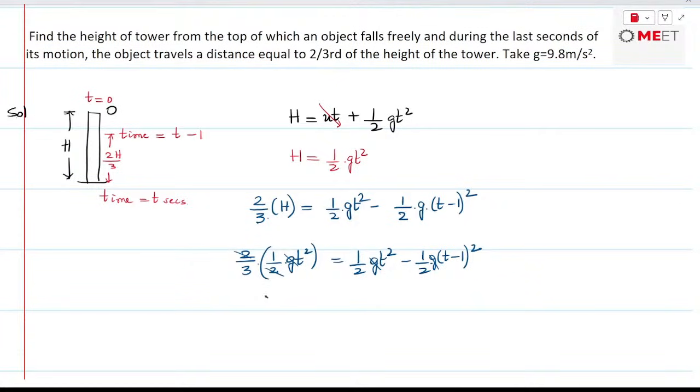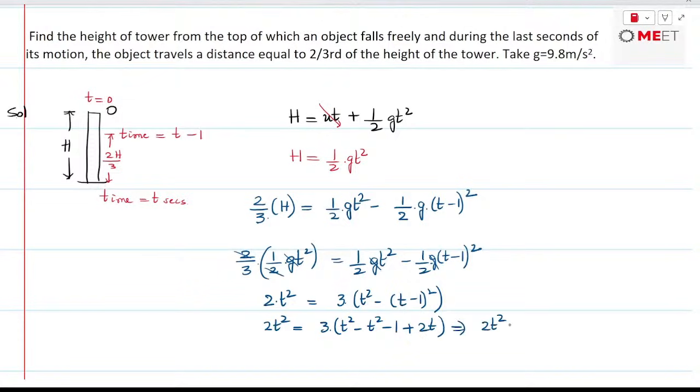So this is 2t square equal to 3 times t square minus t minus 1 whole square. So this is 2t square equal to 3 times t square minus t square minus 1 plus 2t. Upon simplification,